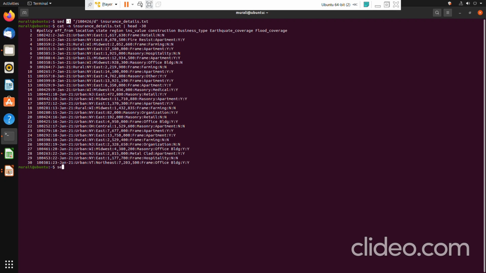Then what I do: cat -n insurance details.txt, head -30. Before the current second line I want to insert, so SCD, 2i. 2 means the second line, or I can specify the context addressing also. Within a pair of slashes I can give 100242 or 2i.